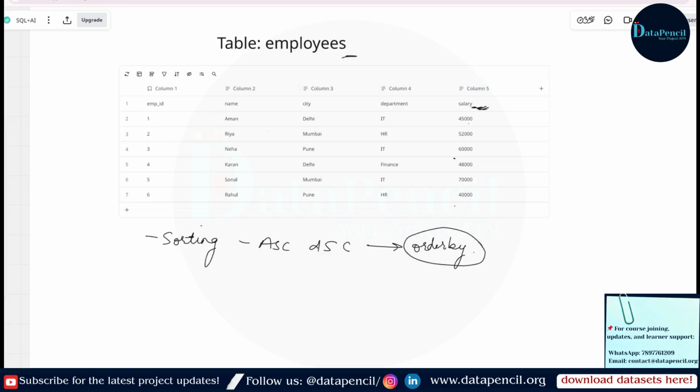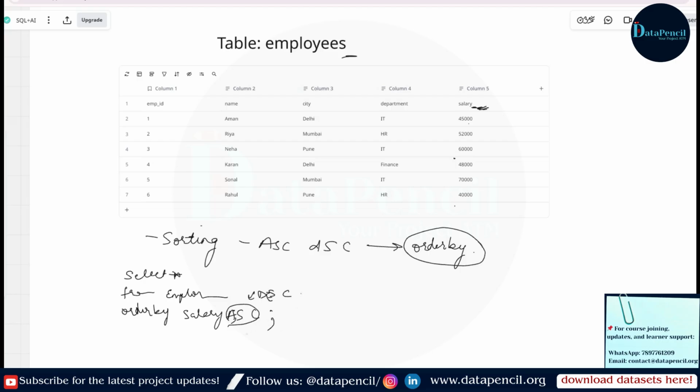If we want to see this whole table in ascending order based on the salary, we will simply write select all from employees order by salary. After salary we can write ascending or we can write descending, DESC.